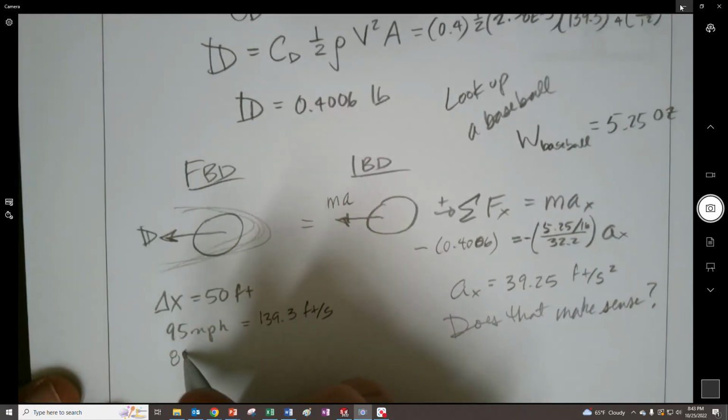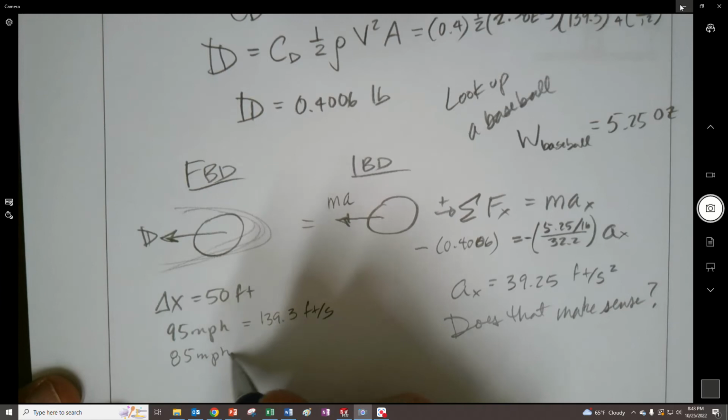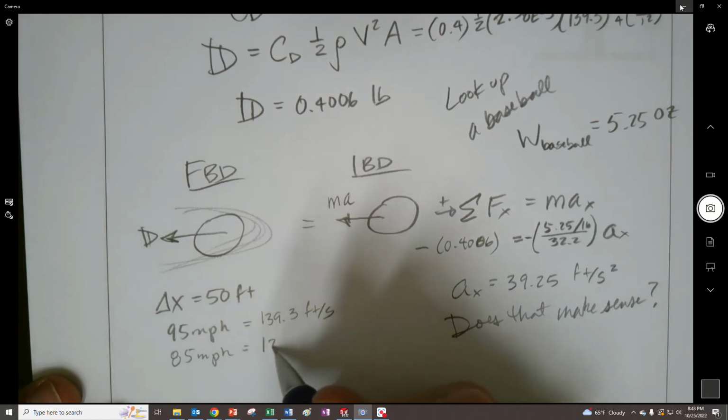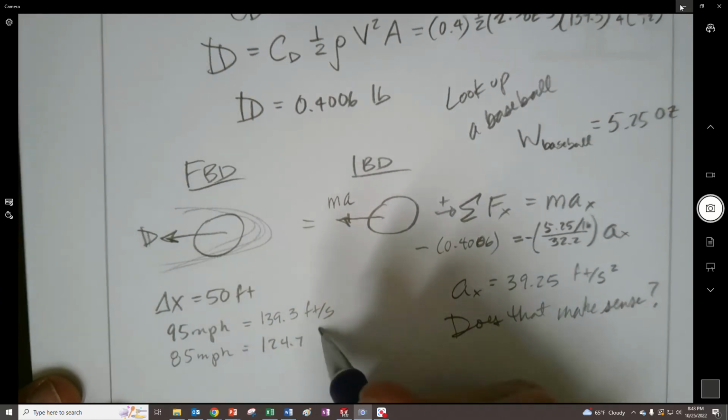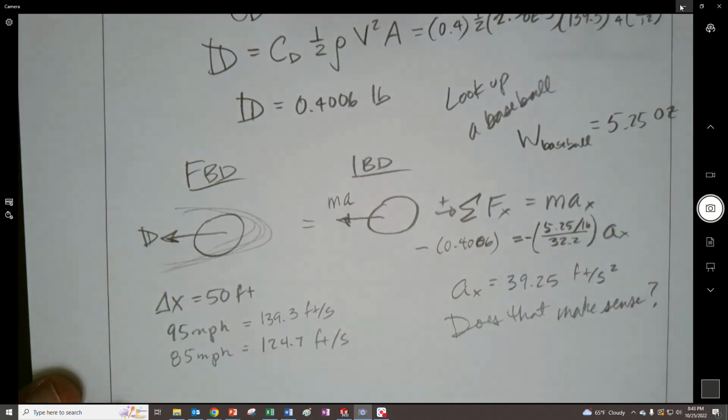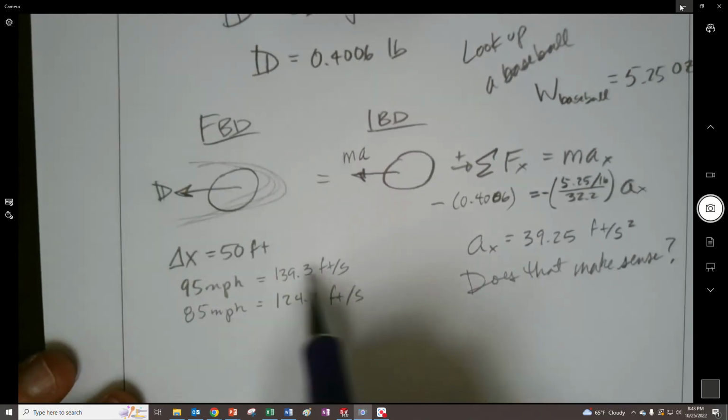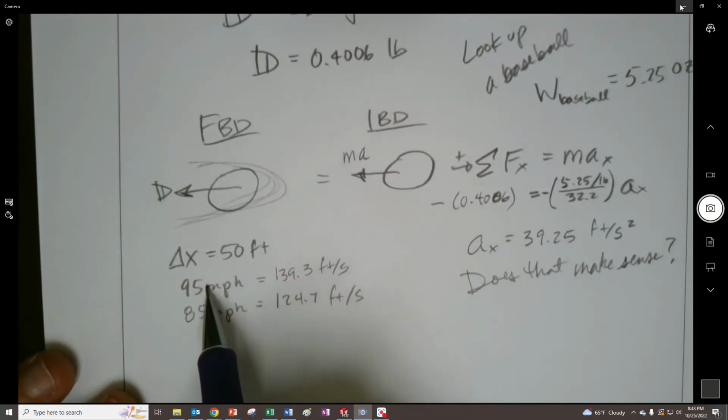So it'd be 85 miles per hour, which comes out to 124.7 feet per second. And so this pitch starting out there would decelerate to as much as this